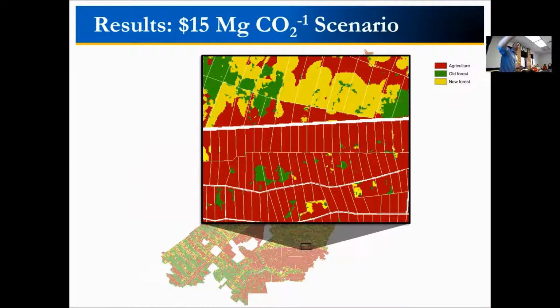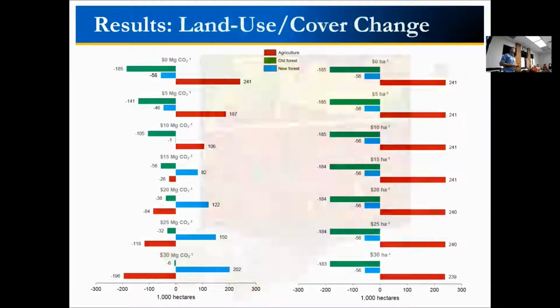And you can zoom to other places in the model. For instance, here where you have larger lots, and you can contrast them to smaller ones, and you can see how those payments have a different effect based on the size of the property, based on the household, really. So smaller households are still better off with agriculture, while these guys allocate some of their farm to forest or reforestation, to conservation of forest.